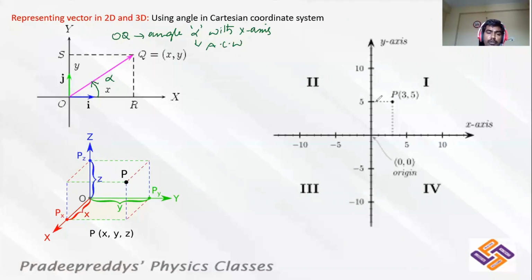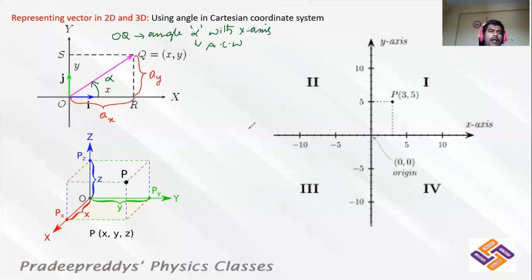Irrespective of that, you can use the other way. We can represent a vector with different way also. How it is? Let me tell you. Now when you are dealing with the vector, OQ is projecting some length along x-axis and y-axis. Is it not? It is projecting some length along x-axis. Okay, this I consider it as AX. Similarly, it is projecting some length along y direction, that I consider it as AY.